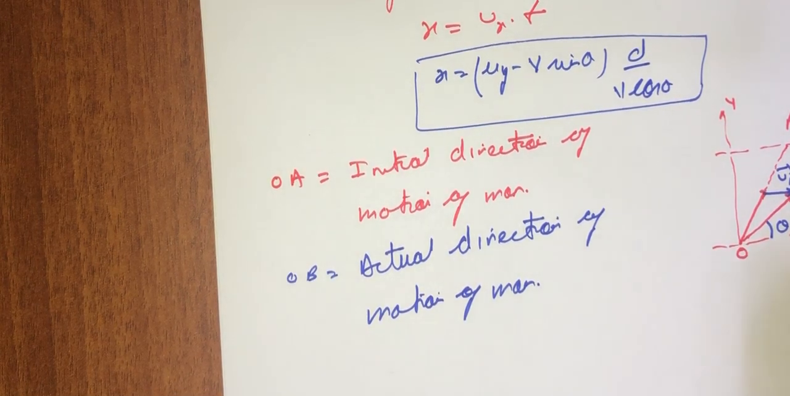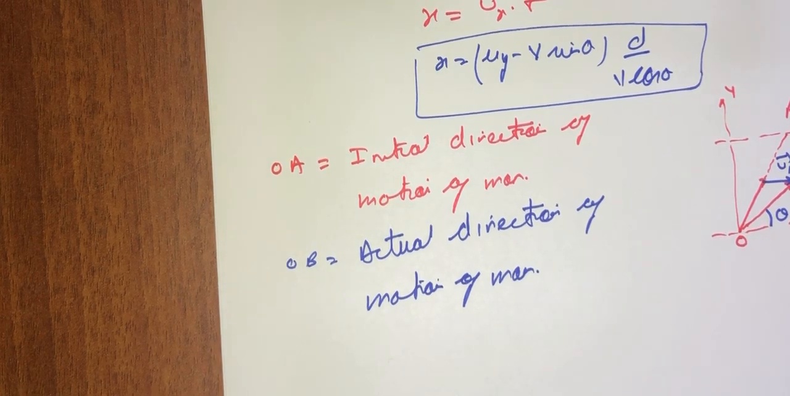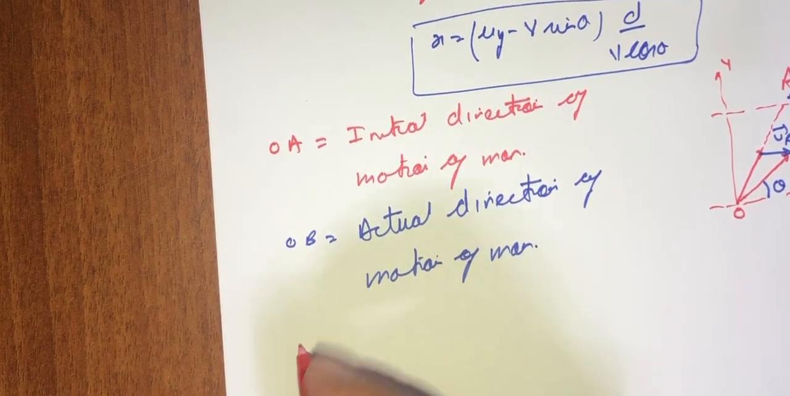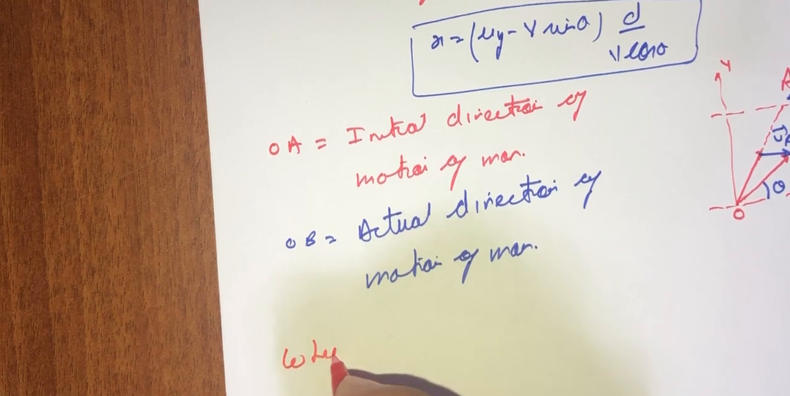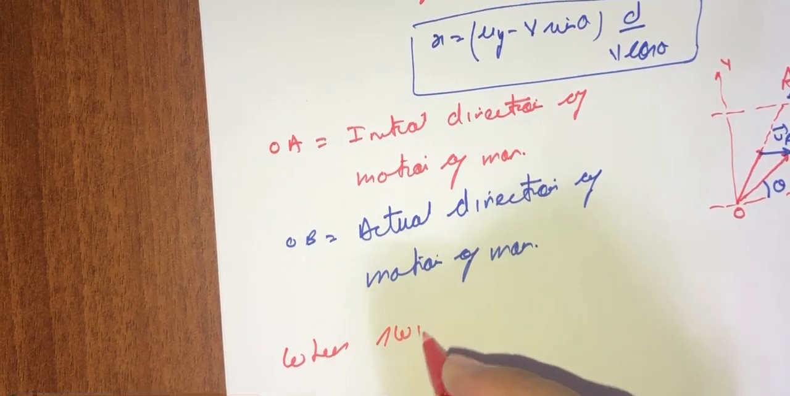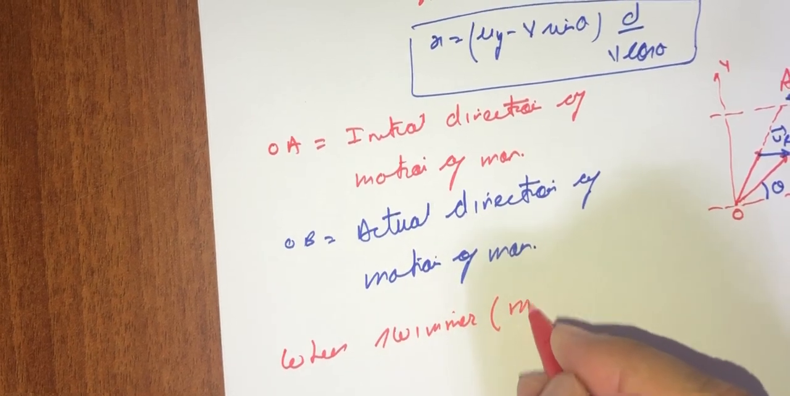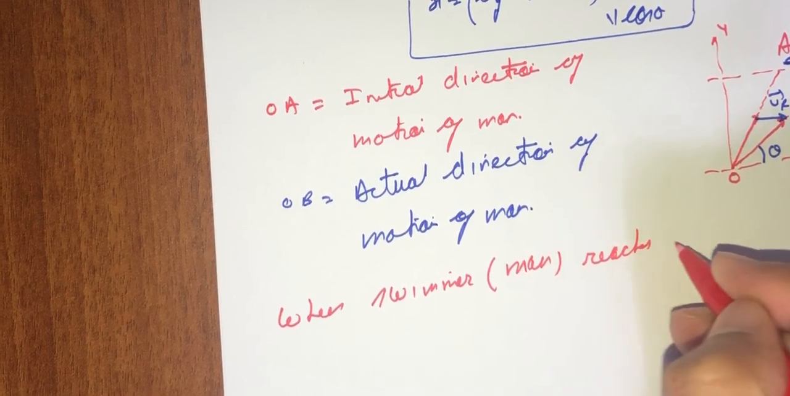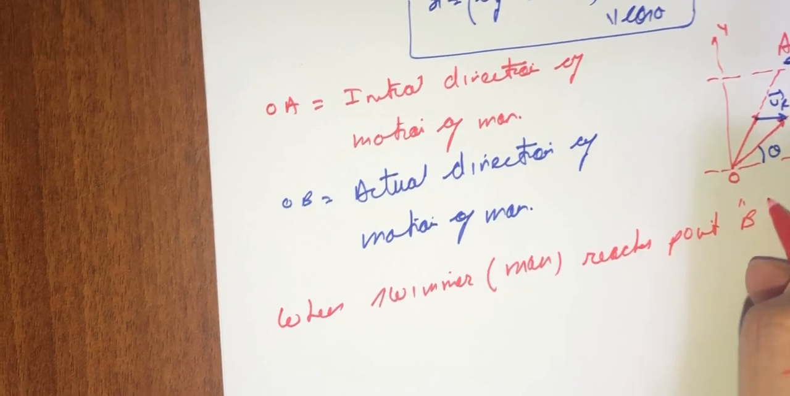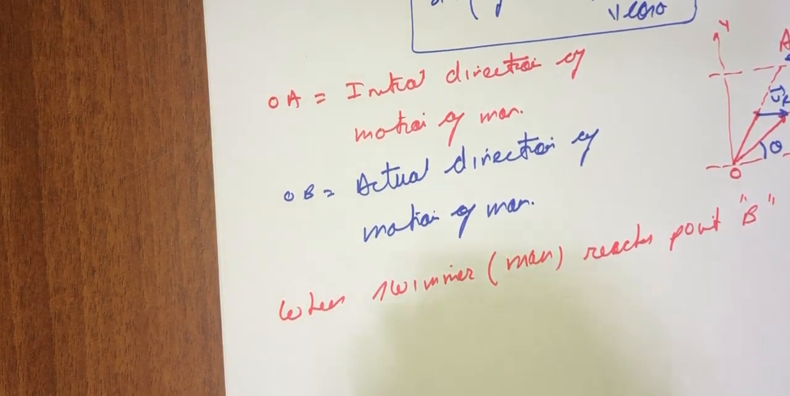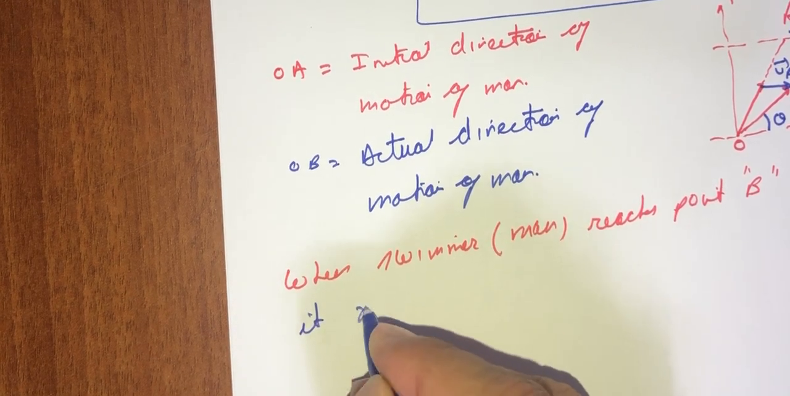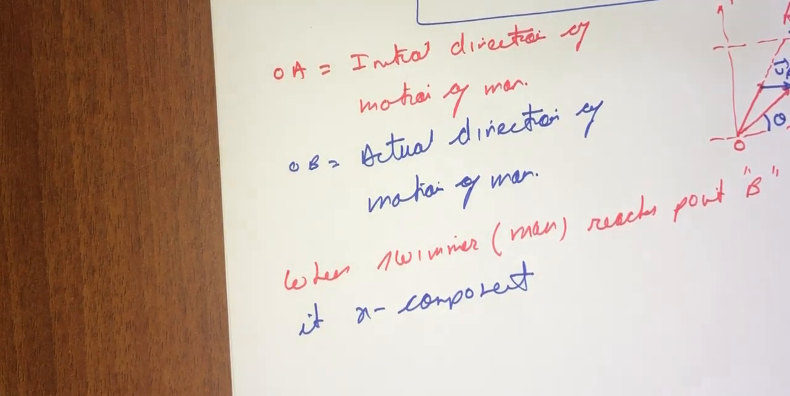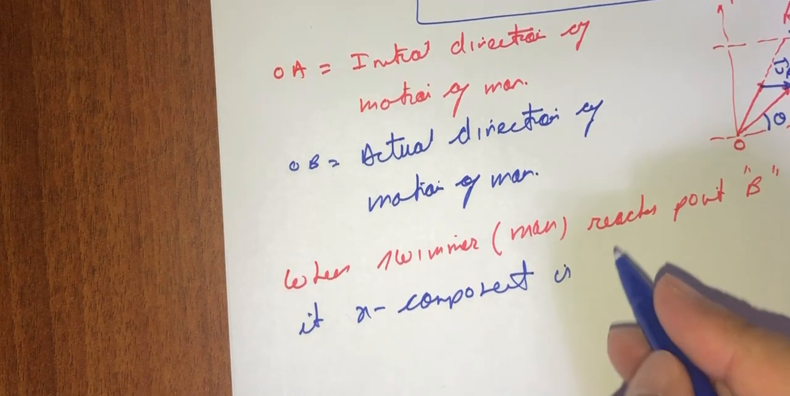So because of the velocity of the river VR, what happened? The swimmer reaches the point B. Okay, so we can write this as, when swimmer, here swimmer is nothing but man, reaches point B, its x component is given as x,